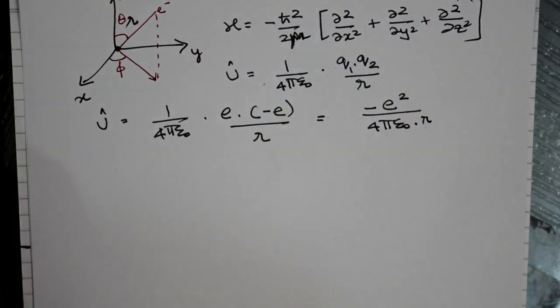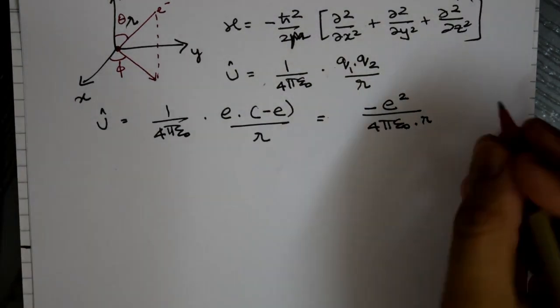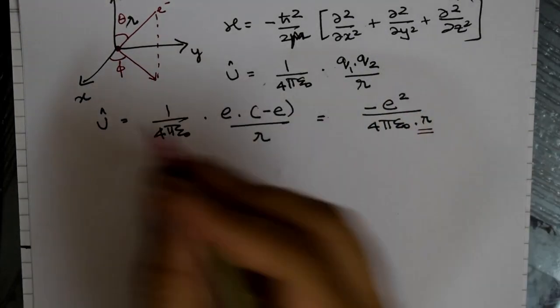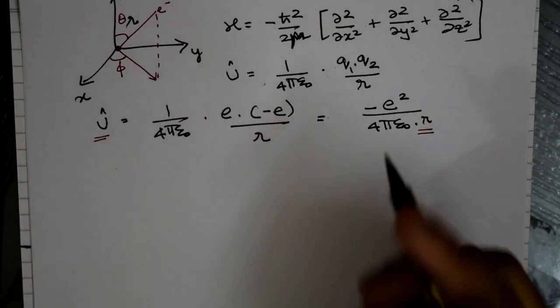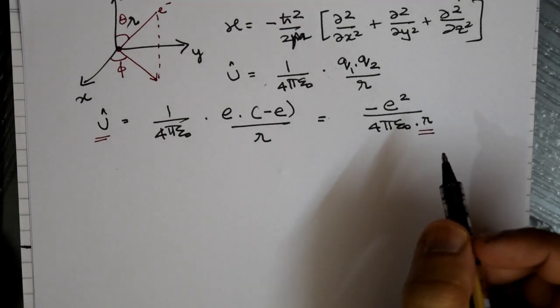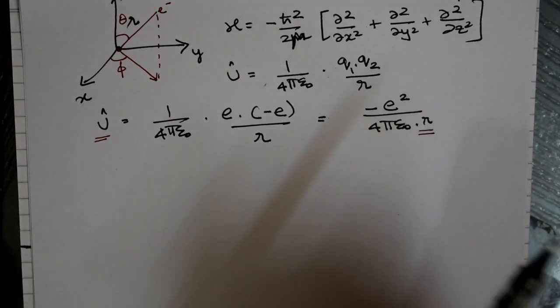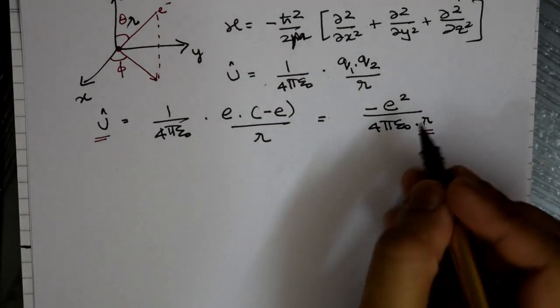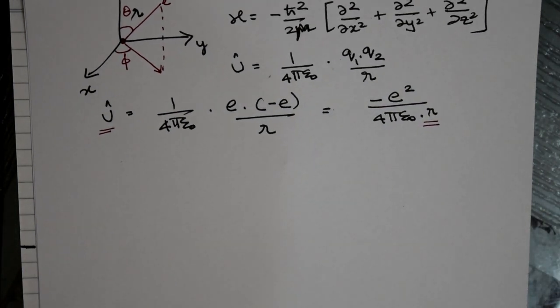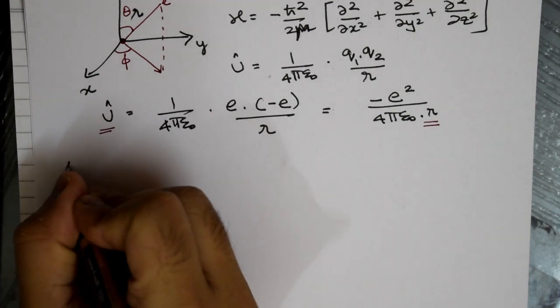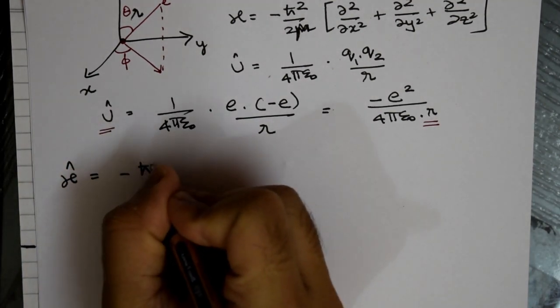The important thing one has to see here is that it's a 1 over r dependence on the potential. So far we have only seen cases where the potential was set to 0 because those were ideal cases, but this is the first case where we are looking at a model system, and at the same time there's a real system present, and you are able to realize that the potential has a 1 over r dependence in this case.